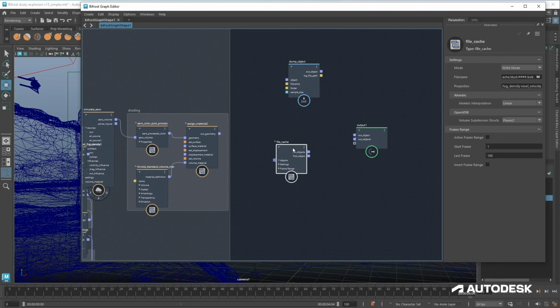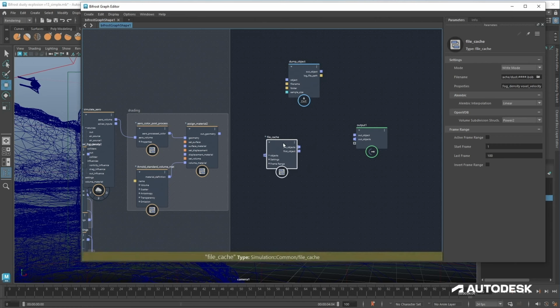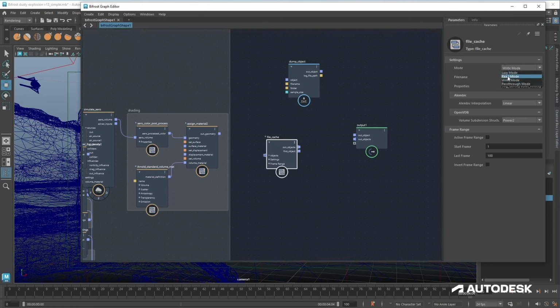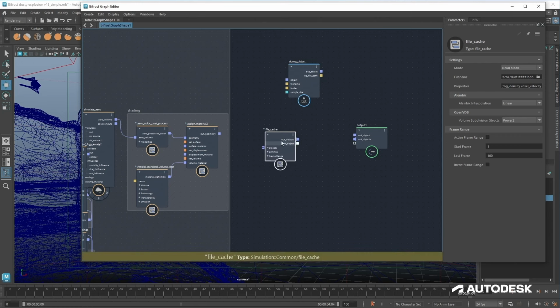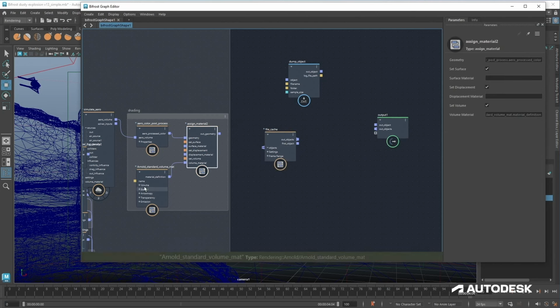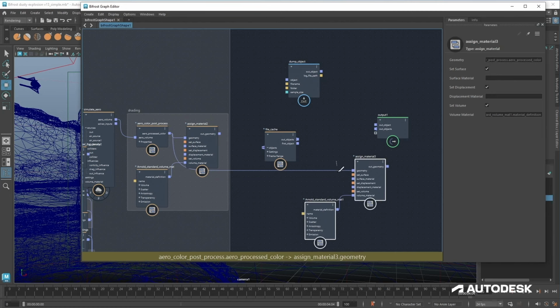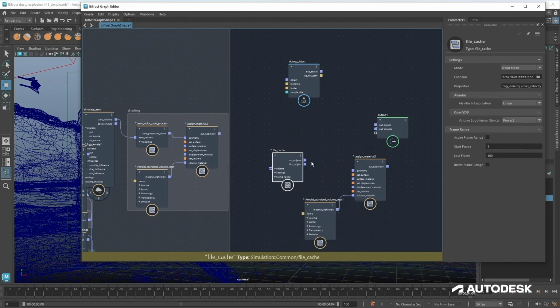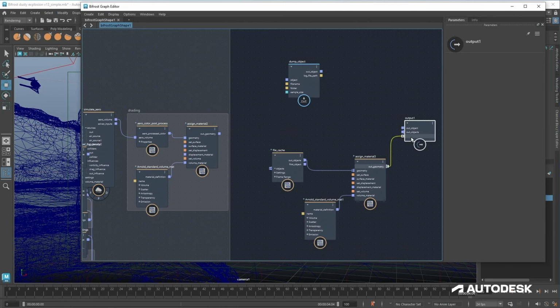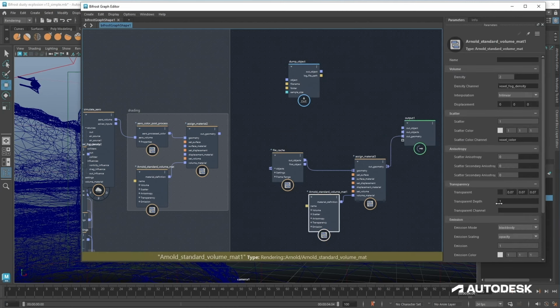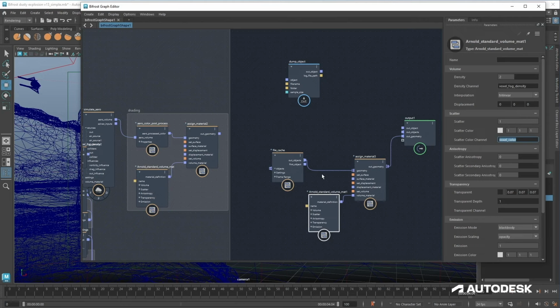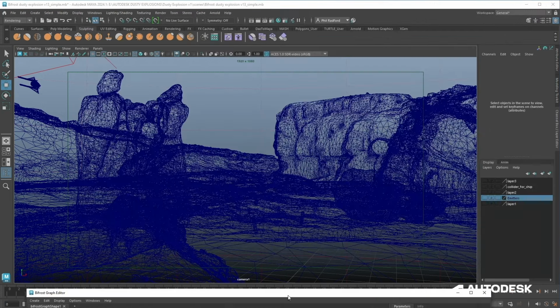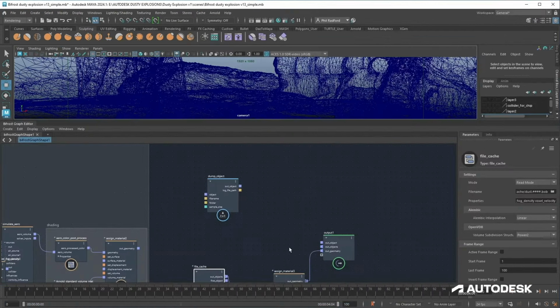So we can just kind of unlink all of this for a second. We need to make sure to change that mode back to read, because we don't want to be overwriting our cache again. And I'm just going to copy and paste the shading elements that we used on the Aero earlier, and all we need to do is just plug in that file cache to the assigned material and that to the output. And we no longer need that simulation. We've got everything cached, and we should be able to, let's just dock this,